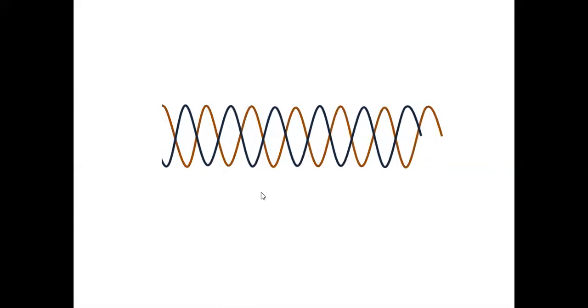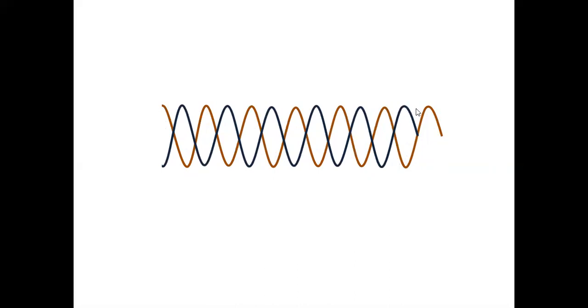Now I will move the other wave a little bit forward. Now one wave travels lambda by 2 less than this one. If there is a path difference of lambda by 2, path difference meaning the difference in the distance traveled, then this results in destructive interference. Crest falls on trough.